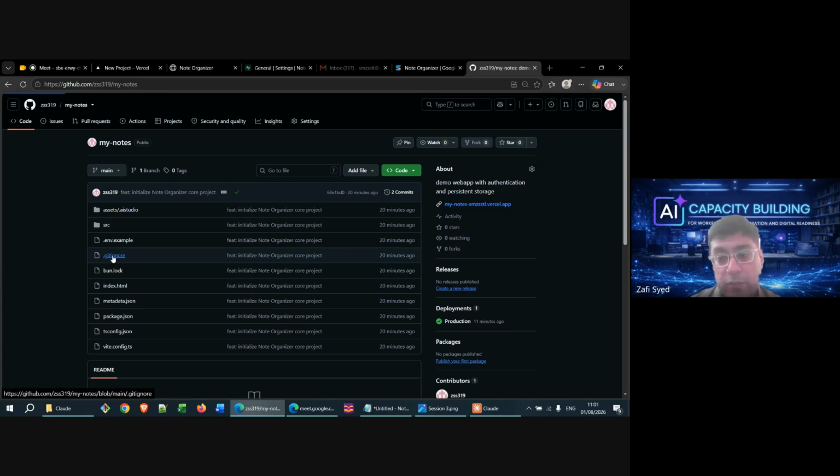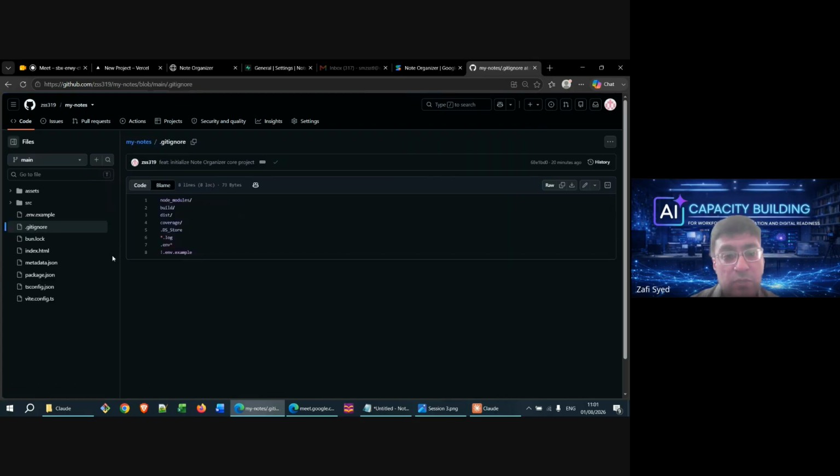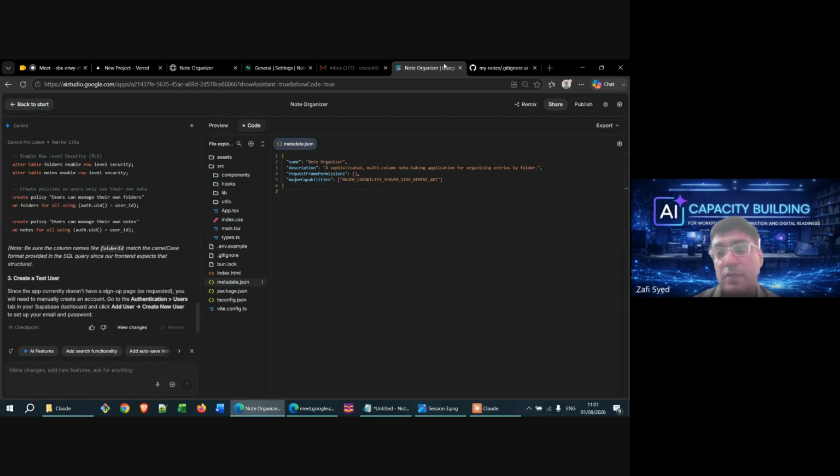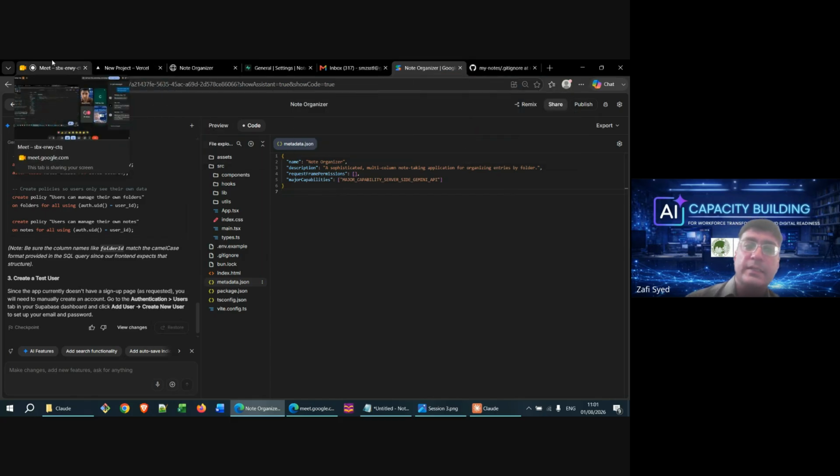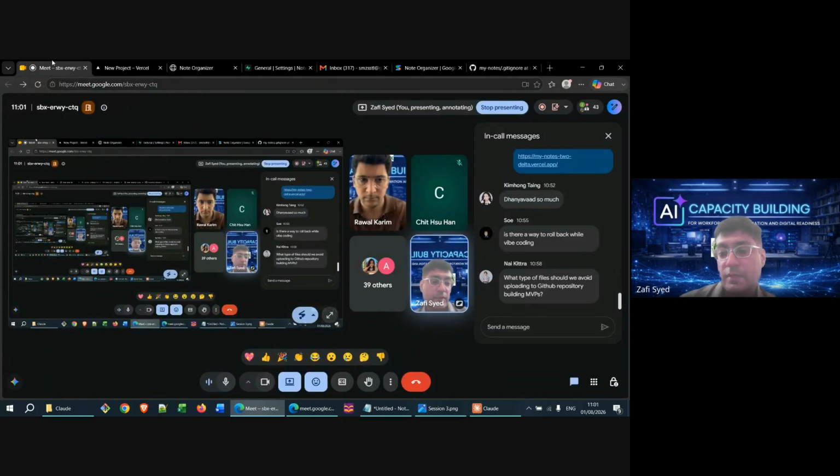Now, what Google AI Studio and Claude Code would do is create a file called gitignore. What gitignore does is it's not going to push certain information. So if we had environment variables where API keys would be stored, these would not be pushed to GitHub. Even though it is available in the source code, it will not be pushed to GitHub. So AI would take certain care, but as a rule of thumb, do not upload API keys.